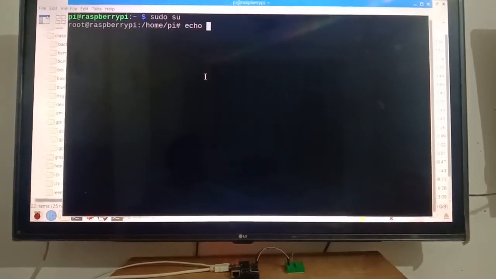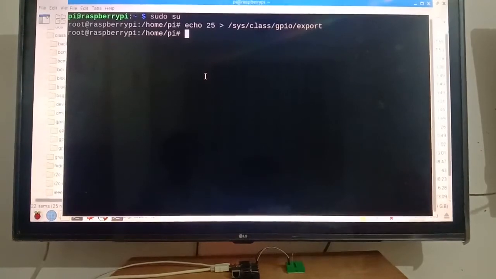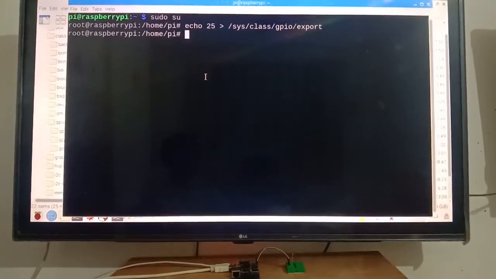So this is echo 25, and then don't forget the space, the greater than symbol, and we are creating it here, in sys/class/gpio/export. We are exporting it because we want to use it outside the Linux kernel. Okay, and enter. So we have now created that, and we will change our directory and get into that folder.